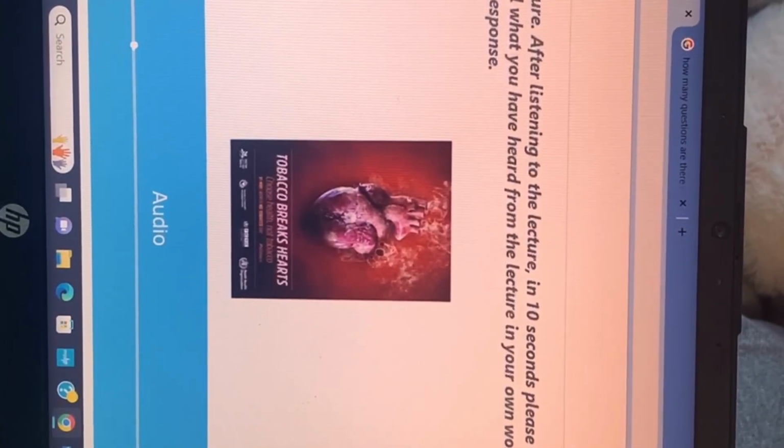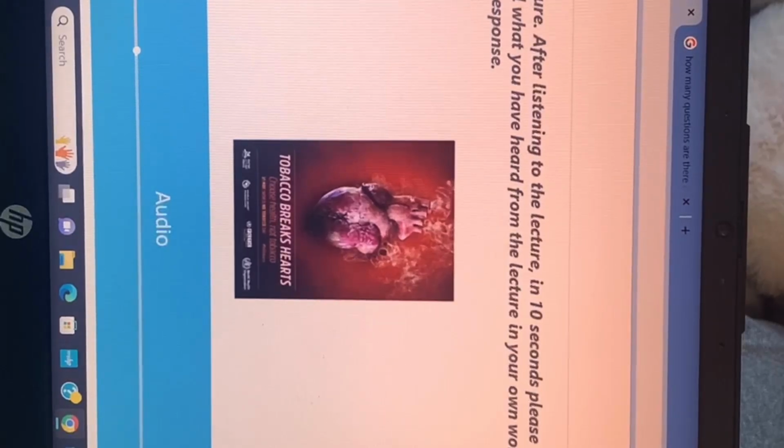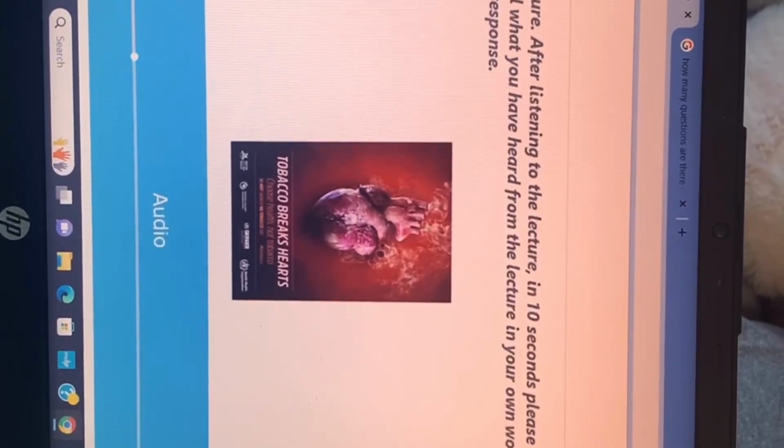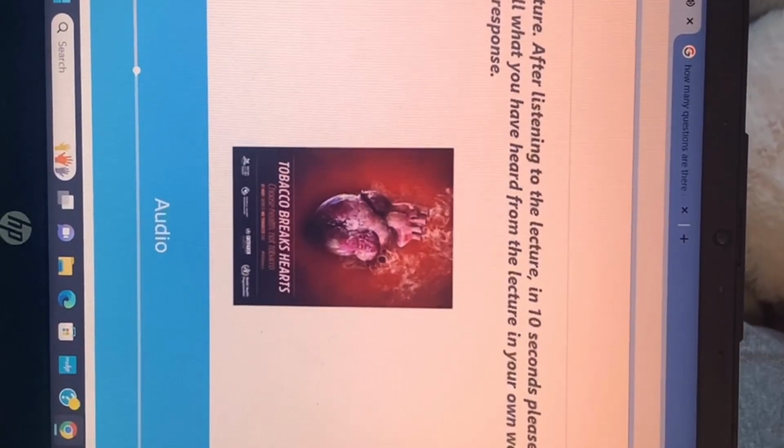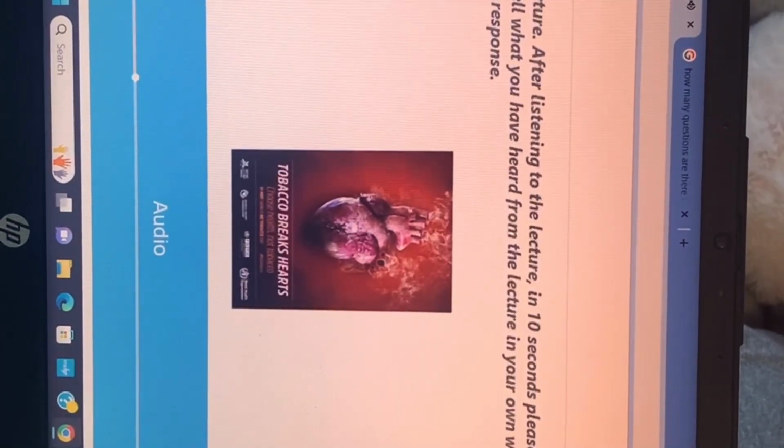What do you think should be done to address the issue of menthol cigarettes? I believe that menthol cigarettes should be banned, as they offer no benefit to smokers, and only serve to increase the risks